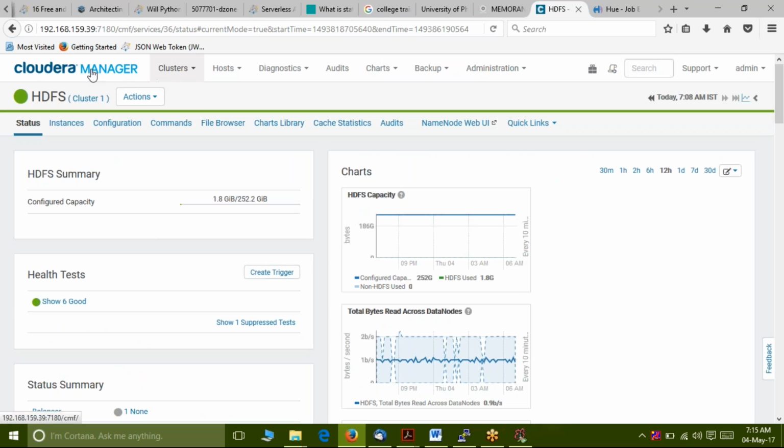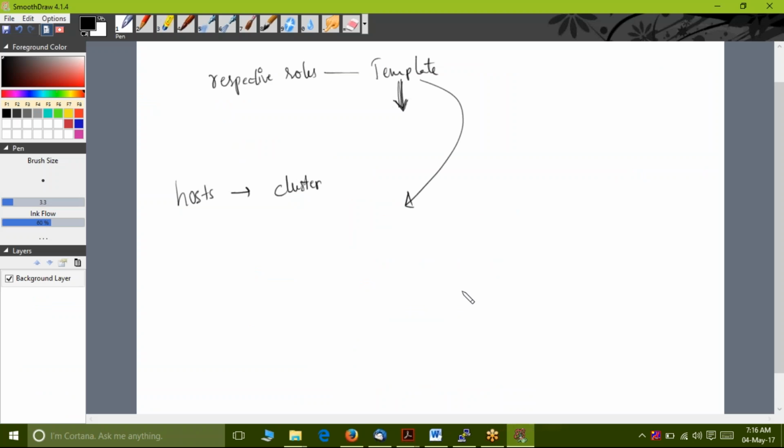Right? So with this, if you observe closely, the Cloudera Manager instance we set up, from that level to the creation of the cluster, adding of the services, and monitoring and managing those services, and adding your new hosts, and creating the host templates, and applying those host templates to the respective newly added hosts, and downloading your parcels, and distributing them and activating them, and creating your own dashboard and adding the charts you need, and looking at the audits. I don't know whether you're following this sequence or not, but if you observe closely, it is going in such a way that initially